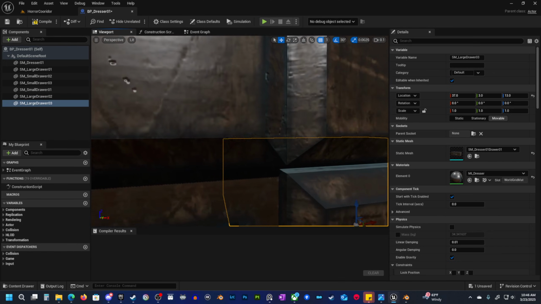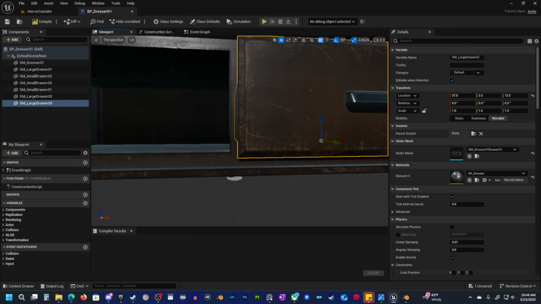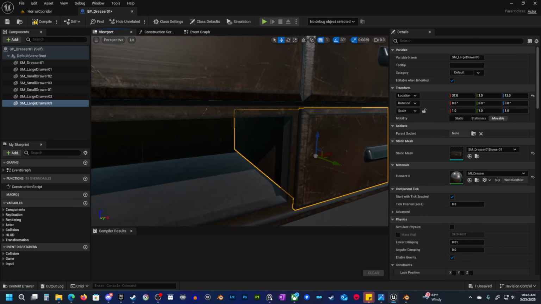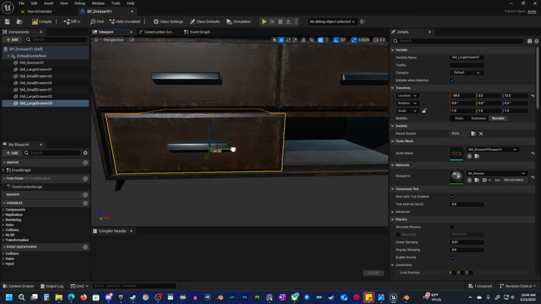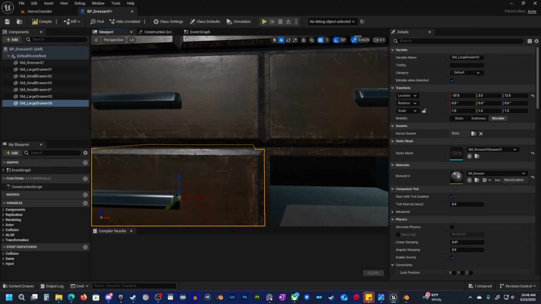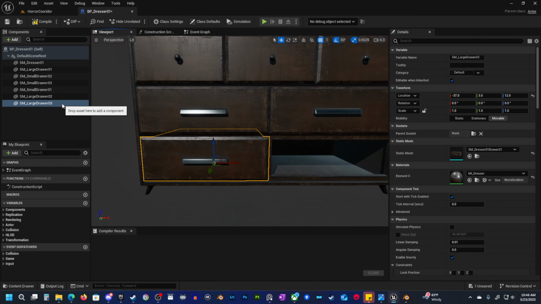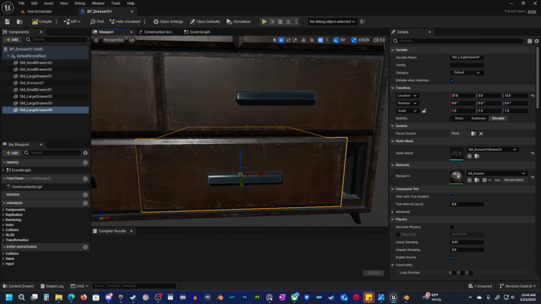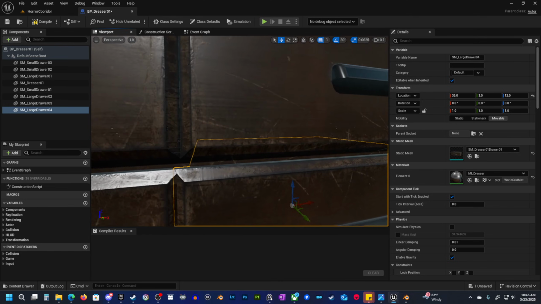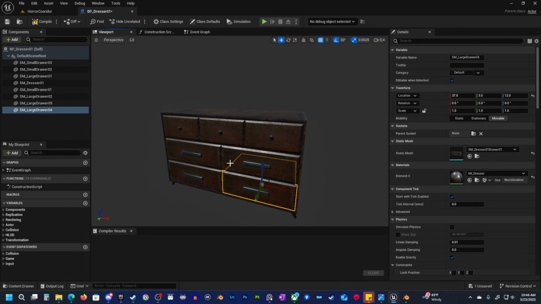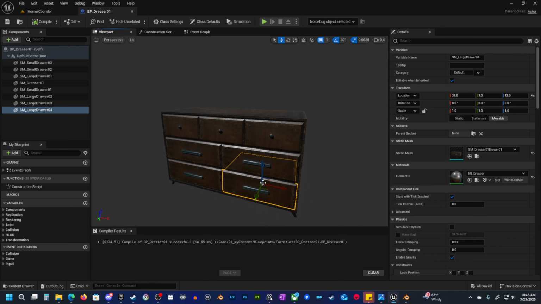We'll go down, maybe right there. And then I'm going to go straight over. Try and take my time and really get these lined up. Okay. And then one more. That will go straight over. Okay, all right, now that looks good, but I'm pretty sure that we're going to need to fix our collision